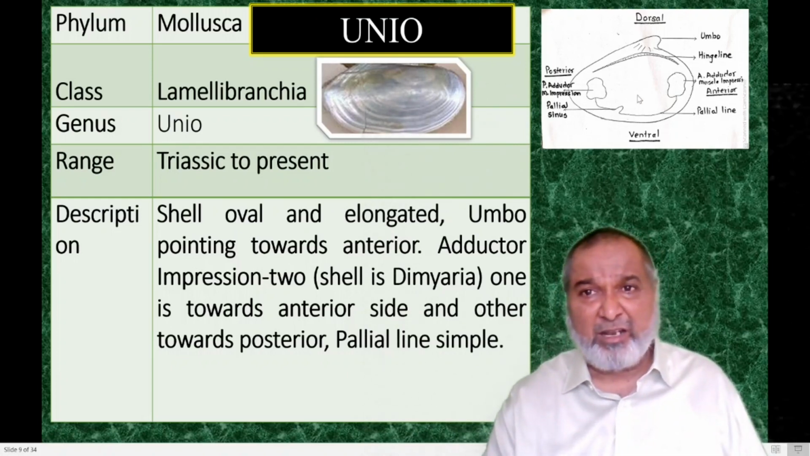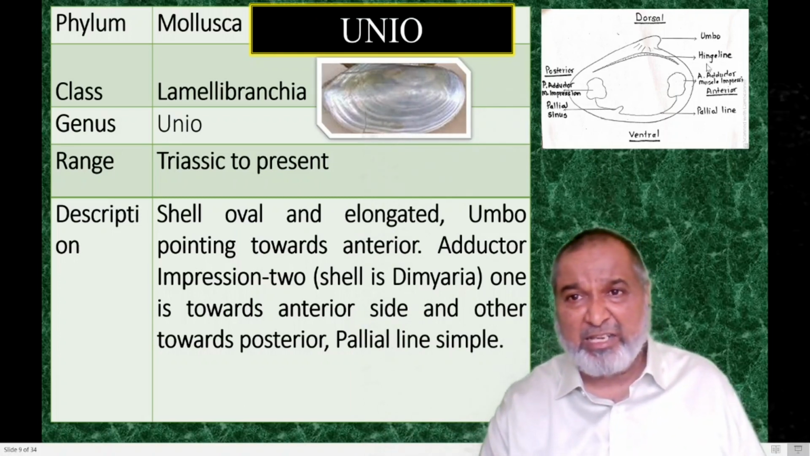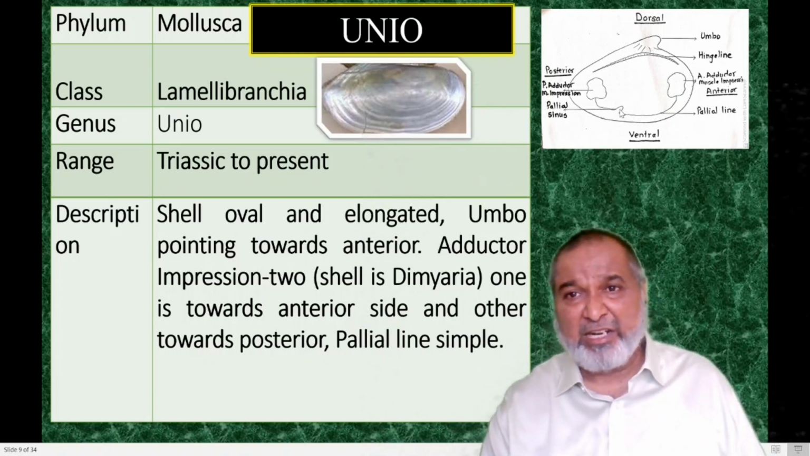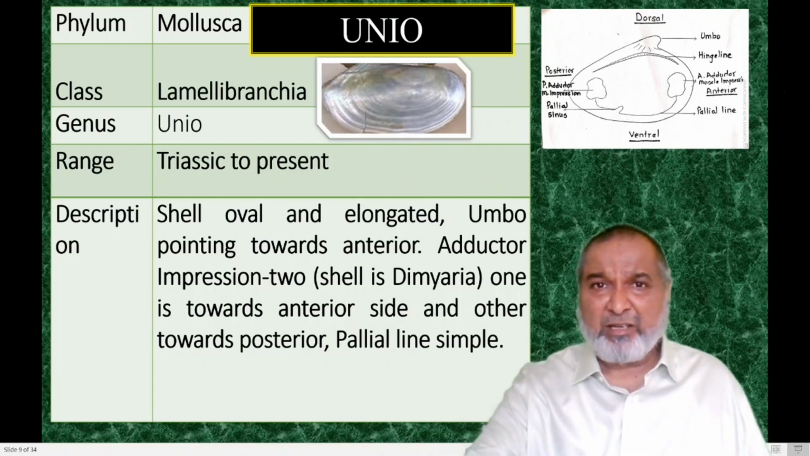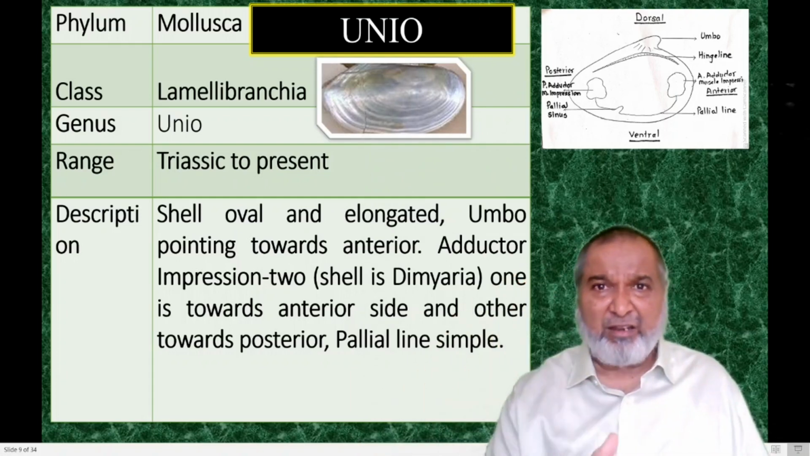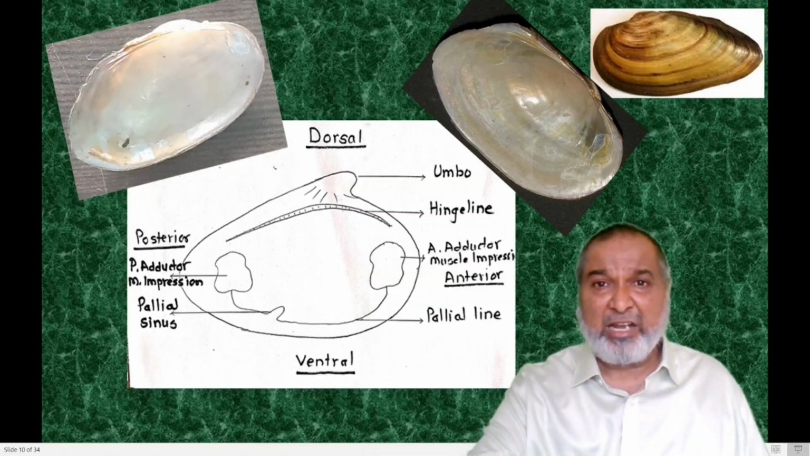How many adductor muscles are there? Two are there, so dimyarian. One is towards the anterior side, one is towards the posterior side. The pallial line is again simple. It has the pallial sinus, posterior adductor muscle impression, anterior adductor muscle impression, straight hinge line, and umbo. These are the parts. This is the way you have to identify the shell,